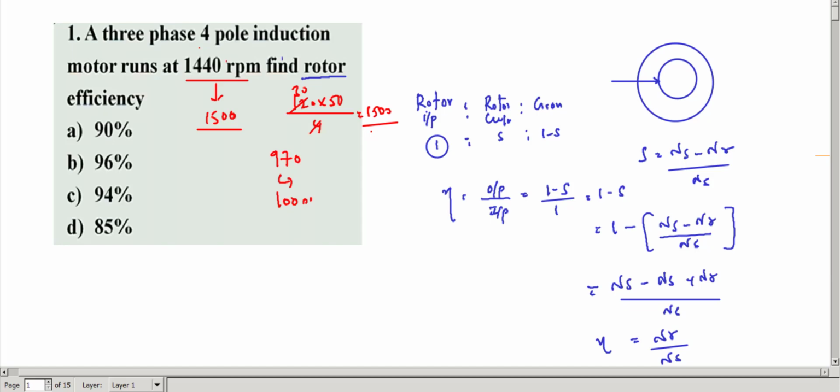Actually, 120 into 50 by how many number of poles, starting? Initial poles is 2, because even number of poles must be there. Even number of poles must be there on the stator and rotor for the production of the unidirectional torque. Okay, so if stator is 3-phase, rotor is 2-phase, induction motor operation is possible. Stator is 5-phase, rotor is 1-phase, induction motor operation is possible. Suppose stator is 3 poles, rotor is 2 poles, induction motor is not possible. If 4 poles, so poles should be even.